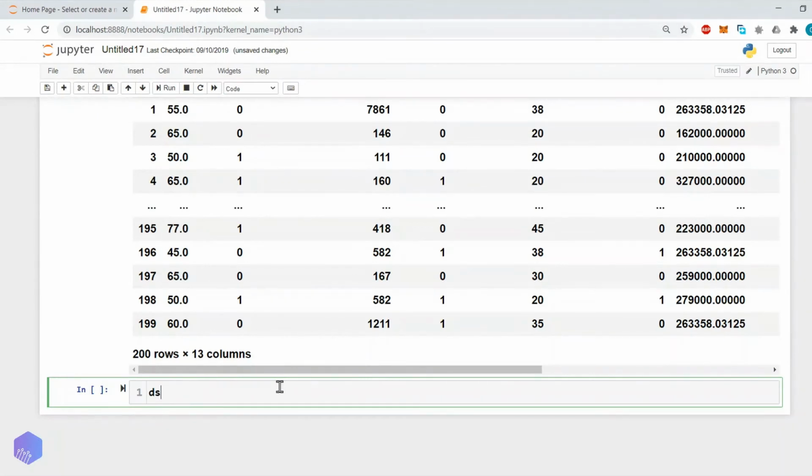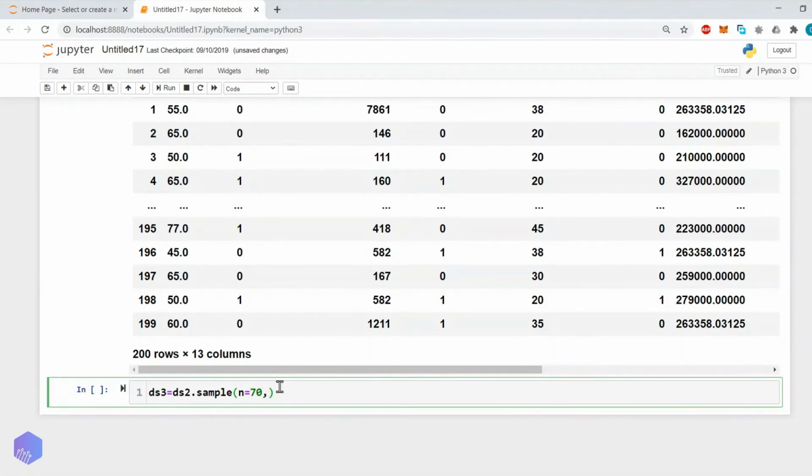So for that we will use ds3 equals ds2.sample. Here we specify how many rows we want to get as a sample. Let's say we want to get 70 rows.